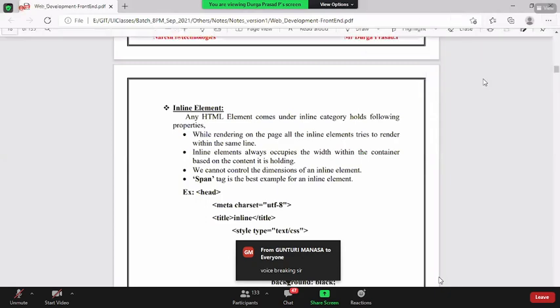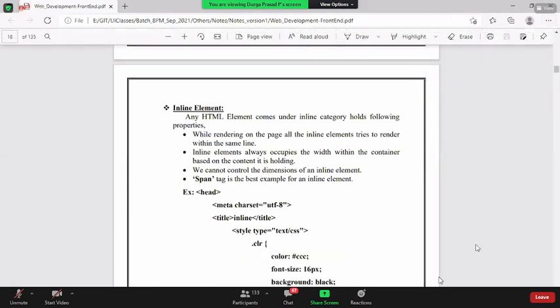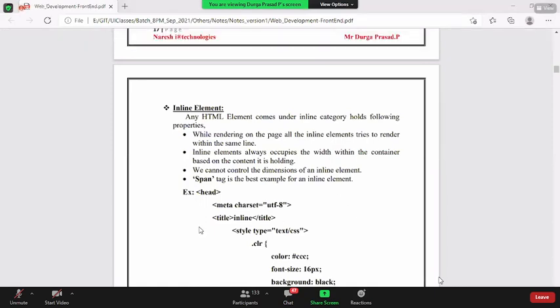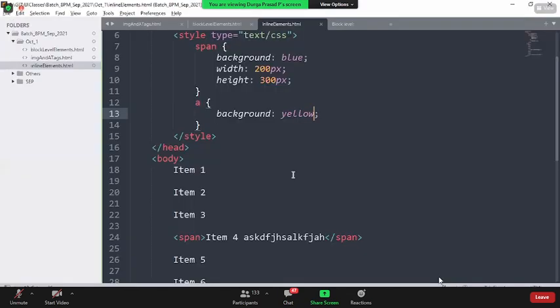Any questions? Sir, I have a doubt. Yes, please go ahead. Is it necessary that all the elements should belong to either of those two types? There is no HTML element which doesn't belong to these types. Any element you take has to belong to either block level or inline. That's it. There is also something called inline-block, but again, it is inline or block. That's it.